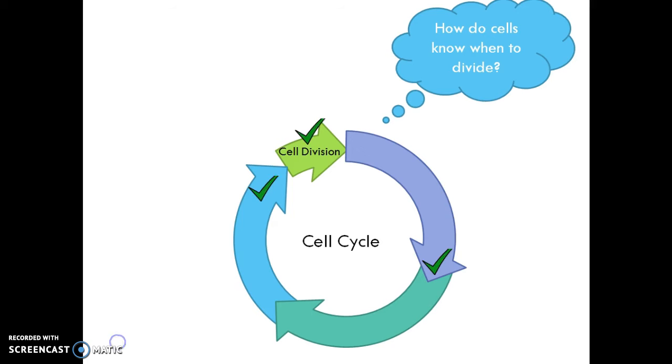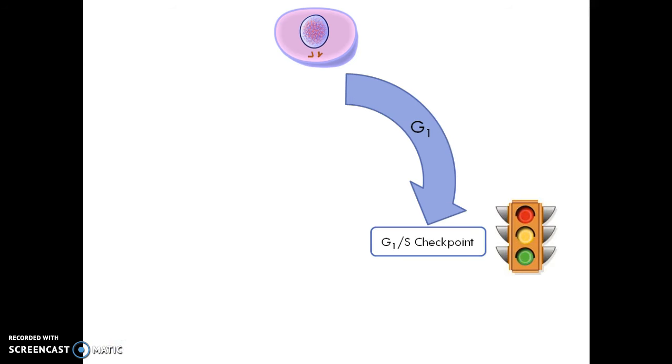The cell cycle has built-in checkpoints that are going to send signals and check cells for accuracy as they move through the cell cycle. Let's take a look at each of these checkpoints to understand how cells divide throughout the cell cycle. When a cell is growing in G1, it's going to be doing its normal cell function. As cells get to be too large, we know that they have inefficient cell transport in and out, and they would need to divide at this point. This brings us to our first checkpoint. It's called the G1S checkpoint because it's between phases G1 and S in interphase.